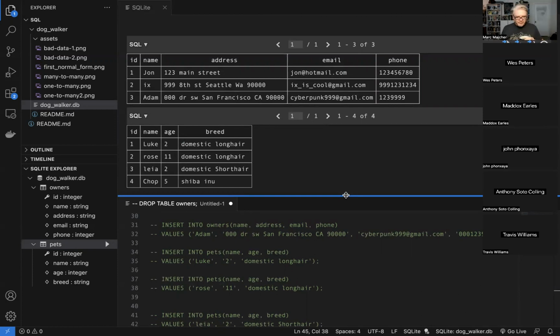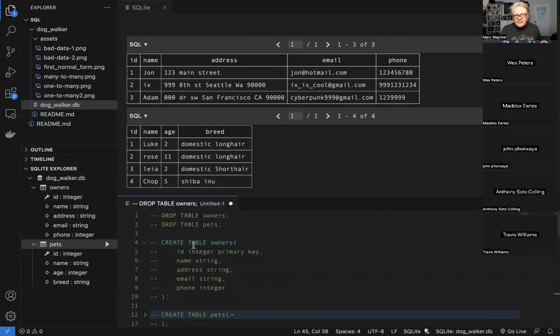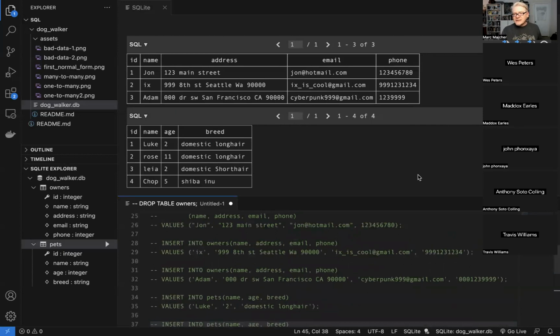Yeah, I have one. For the additional owners that you added, the phones are strings, not integers. Does that not matter? You know what? In this case, it doesn't seem that it did. Did I make them strings up here? I made them integers. I guess it is smart enough to convert those strings into numbers. Cool. Good catch. Normally that wouldn't fly. That shouldn't fly. If I was a database, I wouldn't let it do that. But SQLite is a very lenient database in a lot of ways.